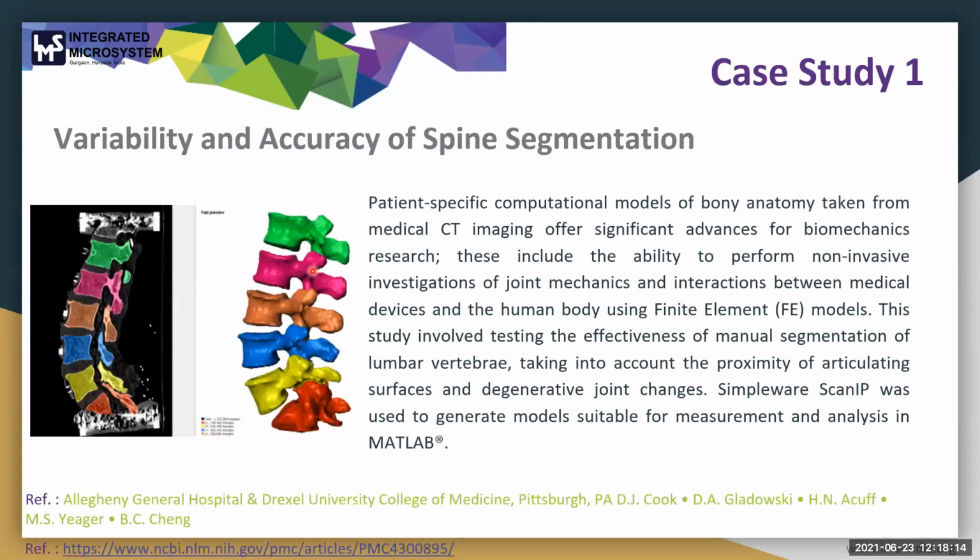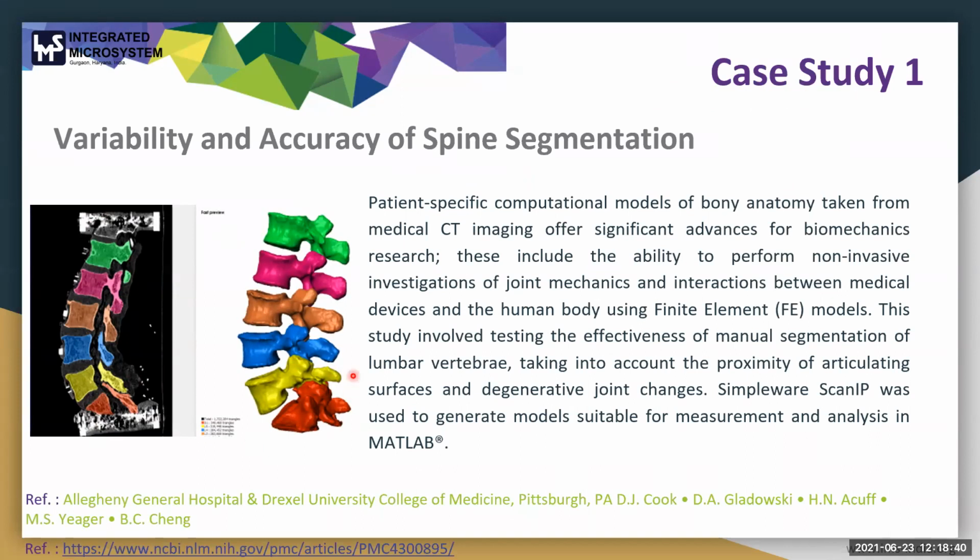For this, a cadaveric lumbar spine was taken and CT scanned, and a model was generated out of it. So this is the scan that you are seeing for the cadaveric lumbar vertebrae, and this is the model that has been generated from the software.